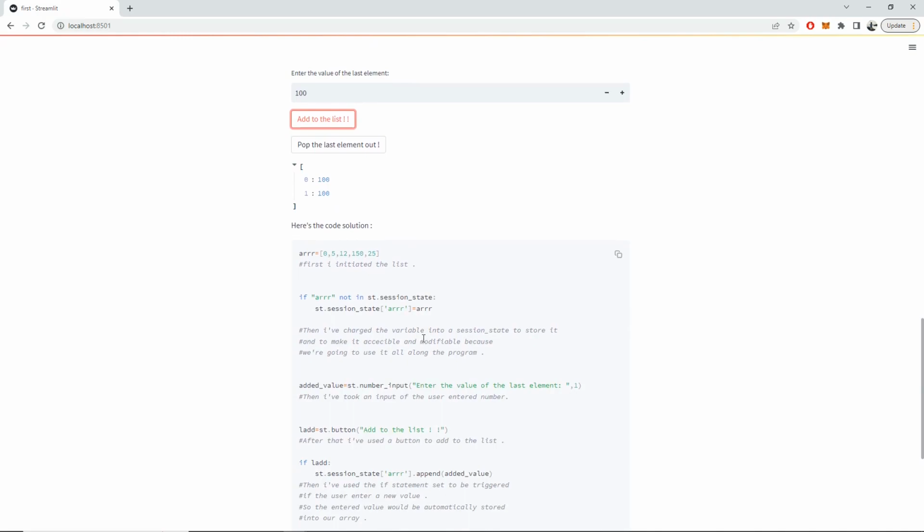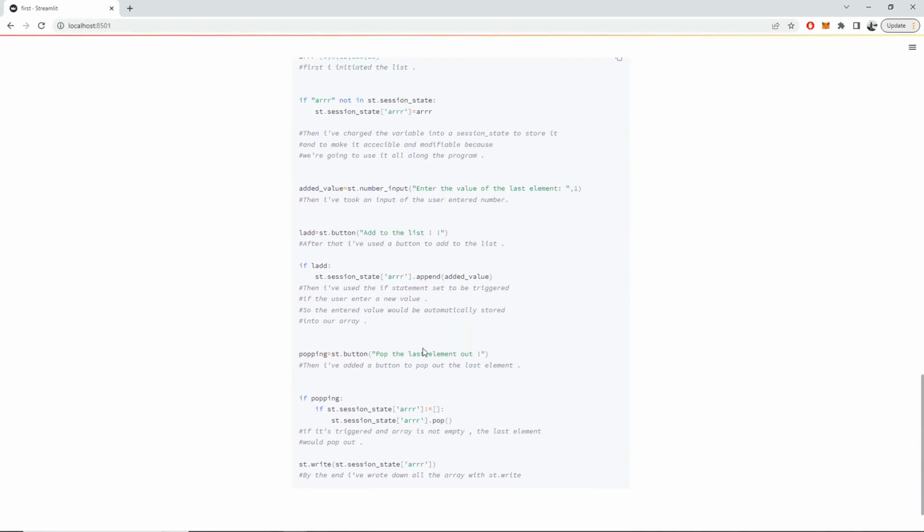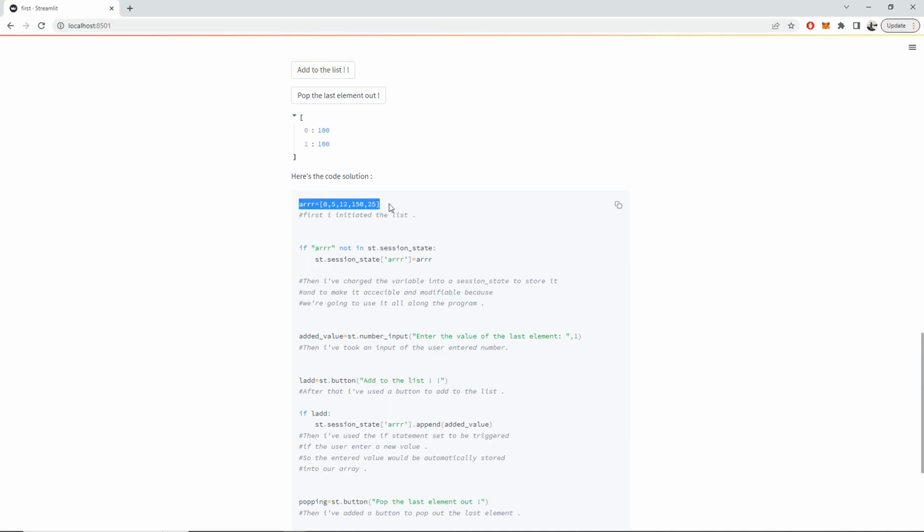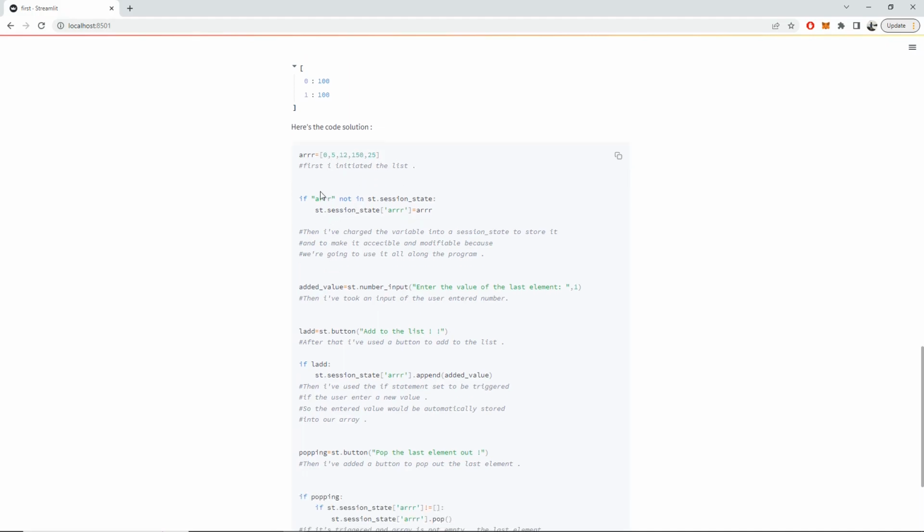So how I have done this solution, this one here took me some time, okay? So I initiated the array, the list, okay? I've put the variables into the list, and after that, I've called if array is not in st.session_state, okay? What does that mean? That means to store your array if your array is in the dictionary of the session state, okay? If it's not, then we will create a variable in the dictionary that's called array and give it the value